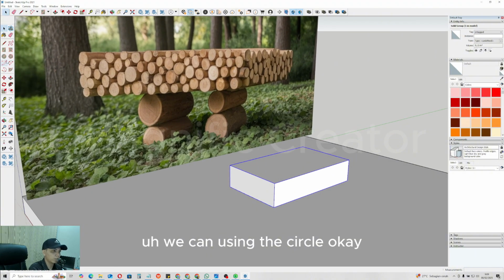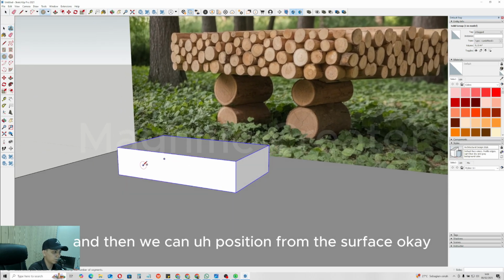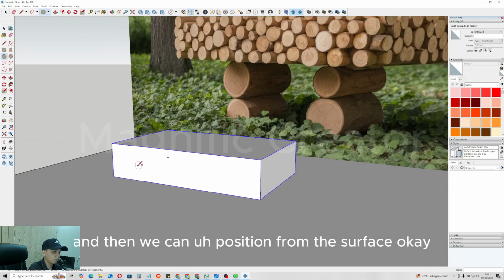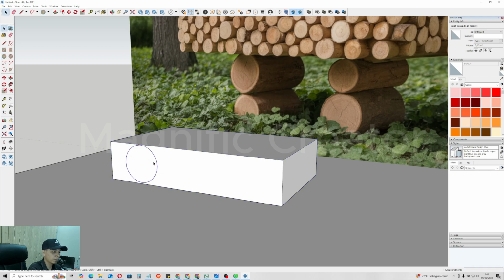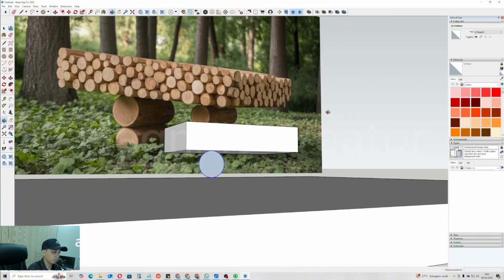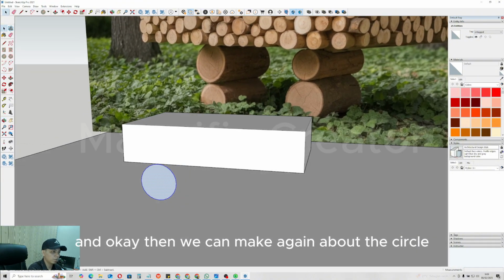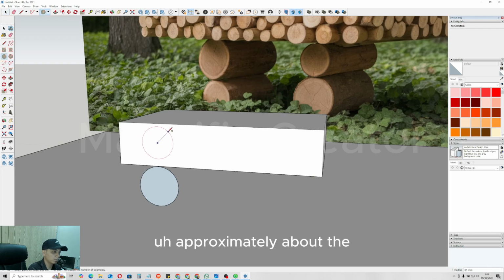Then we can use the circle. Okay, just click it and then we can position it from the surface, approximately right there, and then we can set the radius. Maybe it's around 100, and we can move and place it in this position. And okay, then we can make another circle, approximately